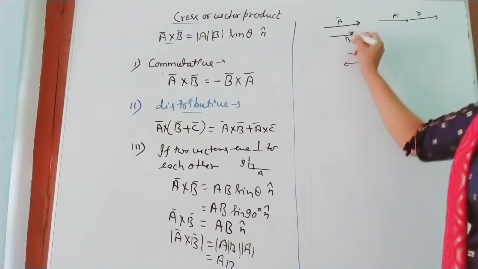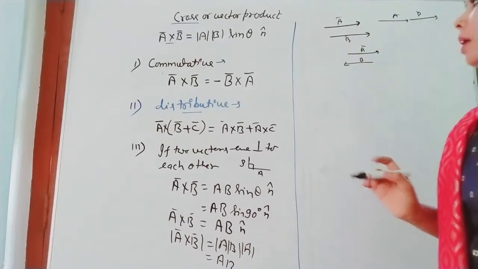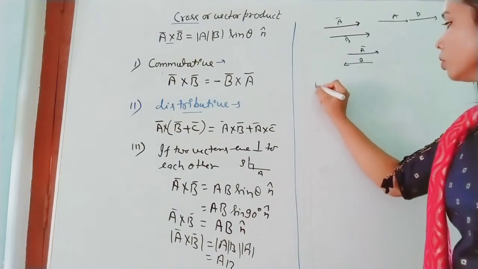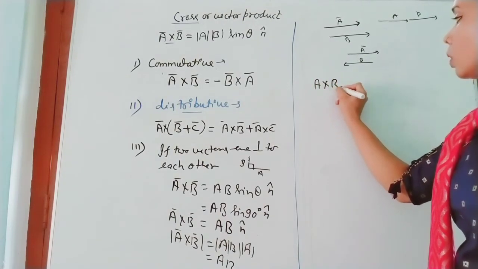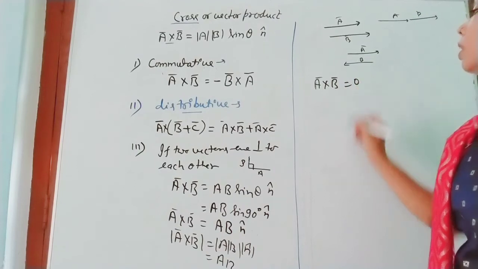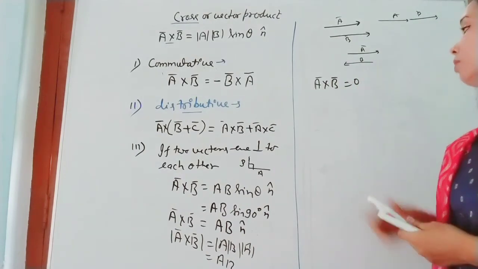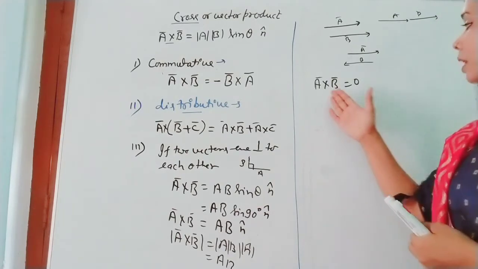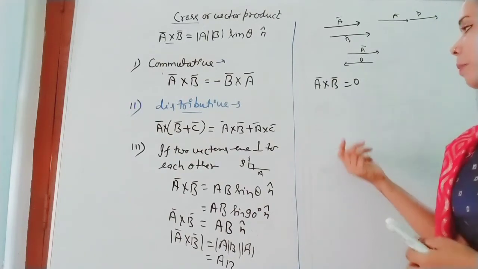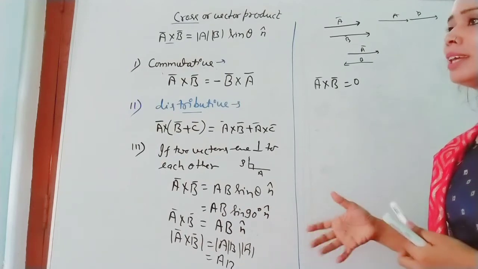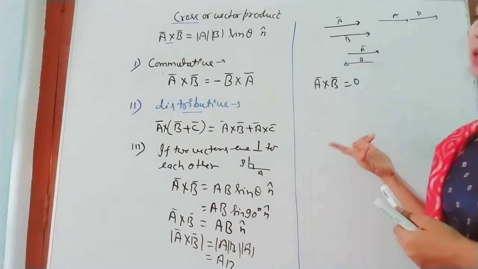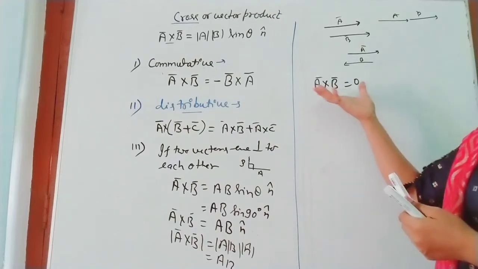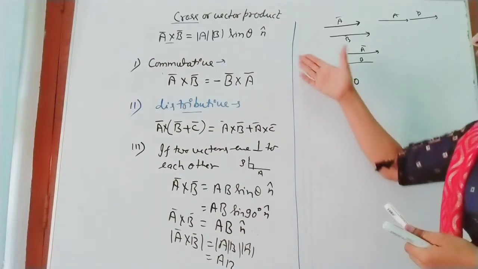Okay, so if two vectors are parallel, collinear or anti-parallel, then the cross product of the two vectors, A cross B, equals 0. This is a very important property. We will utilize this property in numericals. If in any question it is given that two vectors are perpendicular to each other, then find the value of lambda. Like in the scalar product, the dot product, where I explained the property of how you can find the value of lambda, the same type of questions you can also get in the case of the cross product.